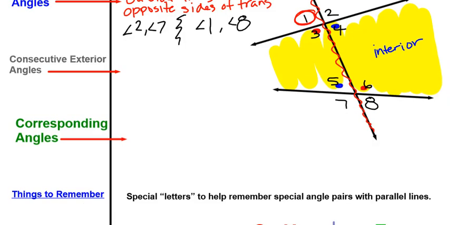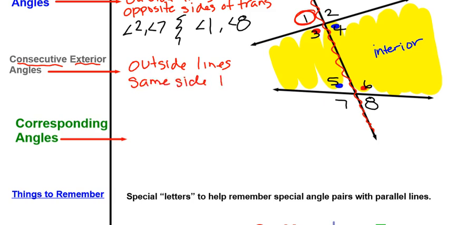If we were to talk about our consecutive exterior angles, thinking about what all these words mean, now we've already used the word consecutive and we've used exterior. Exterior would tell you that they have to be outside the lines, not in the yellow space right there. And then they need to be consecutive, which would be on the same side